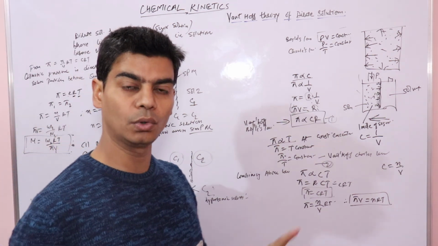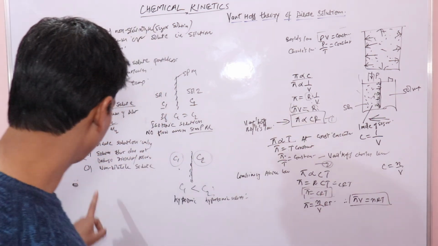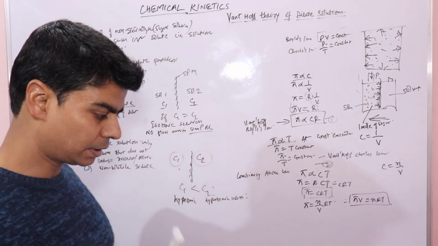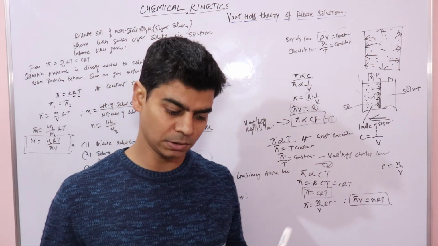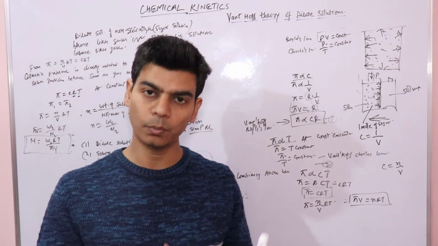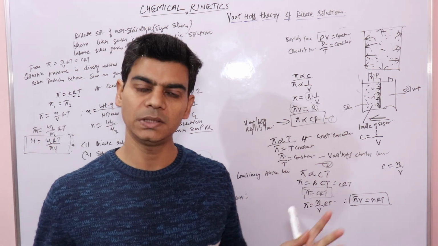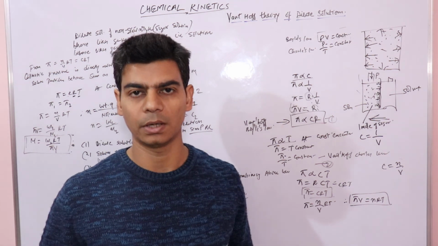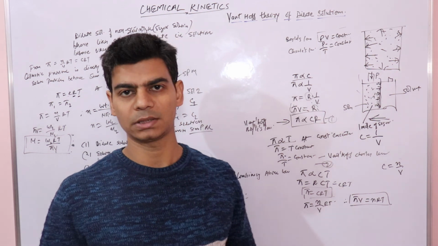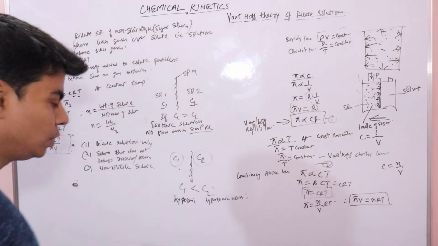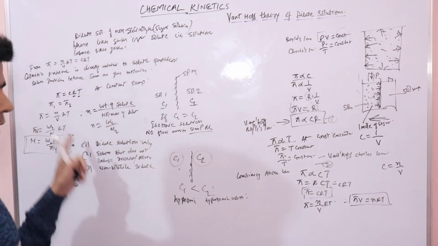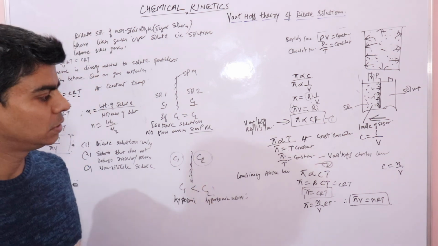It applies to solutes that do not undergo association or dissociation, that means non-electrolytes like sugar or urea. The solute should be non-volatile, and it applies to dilute solutions only. It doesn't apply to concentrated solutions. Why? Because in concentrated solutions the solute particles are close to one another, and at higher concentration these solute particles will start interacting with one another. When there are solute interactions, we have to consider those as well. So instead of concentrated solutions, we take dilute solutions. I hope all this is clear to you. Thanks.